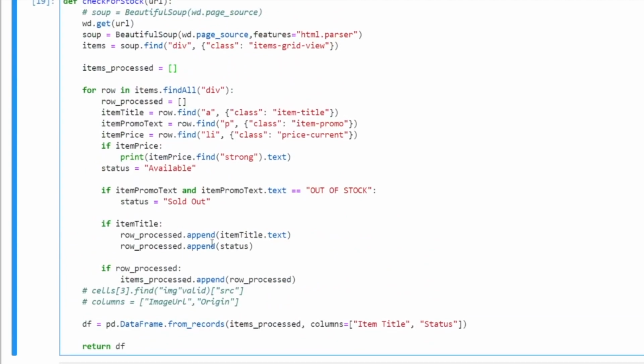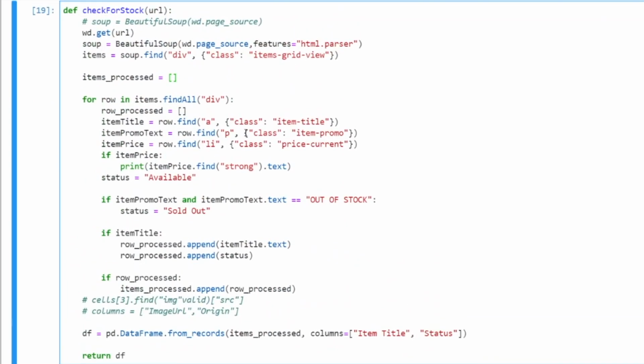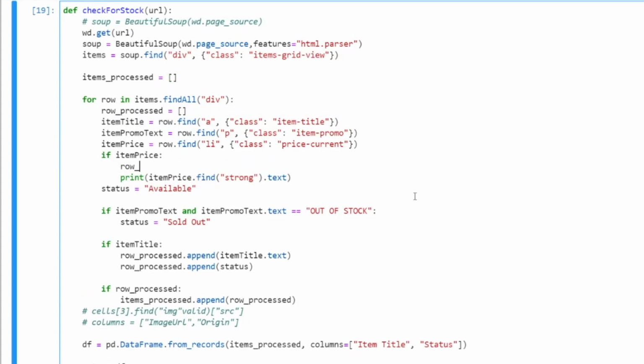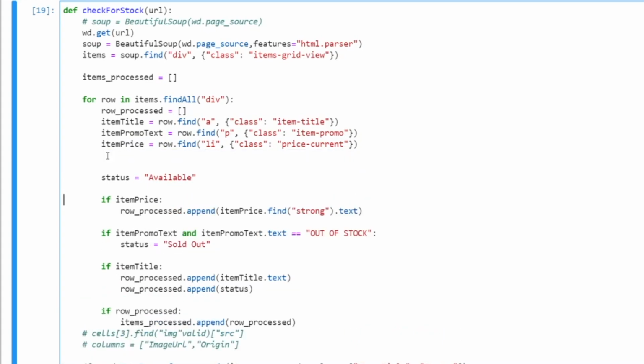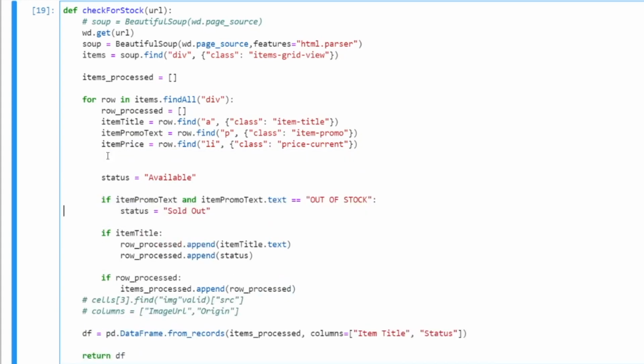So the next thing I need to do, I'm building a Panda data frame here. So I'm just going to add row processed dot append, so item price. Okay, so now I want to put it in the right position, into the middle between the name and the status.